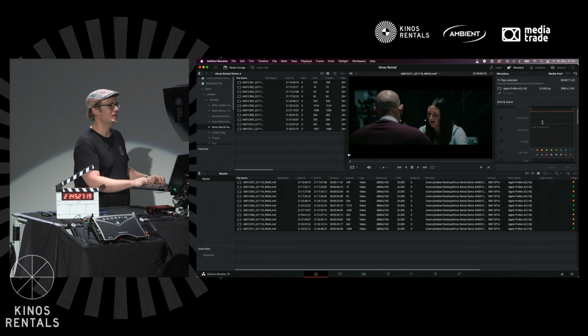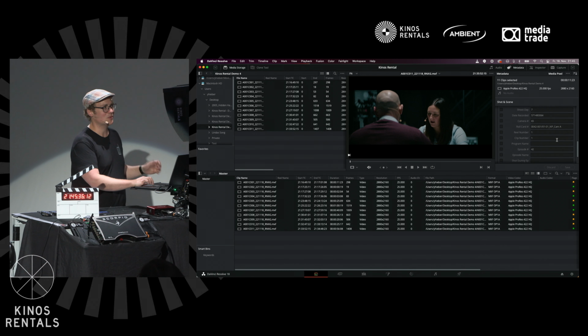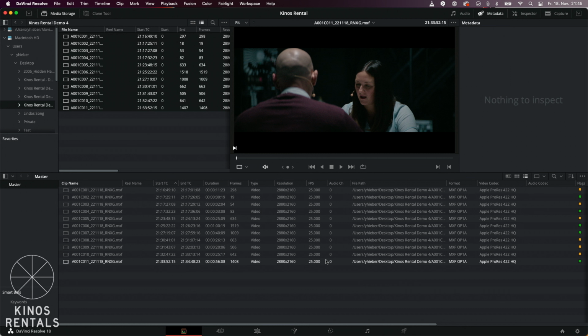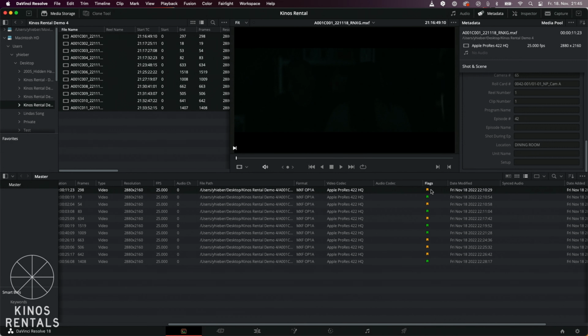And then you see it here. It's a close-up of Darren. And it's shot 1, scene 1, take 1, early evening. I didn't write early evening, I just got it from the script. It was within the script. It was shooting day 7. It was the real clip number, episode, location, dining room. So all of those metadata, and I have flags here as well,